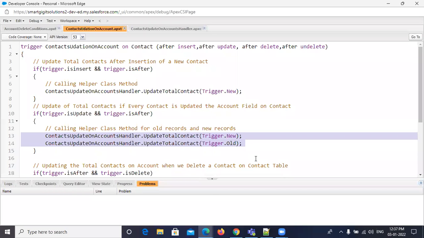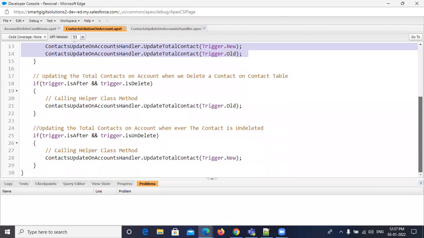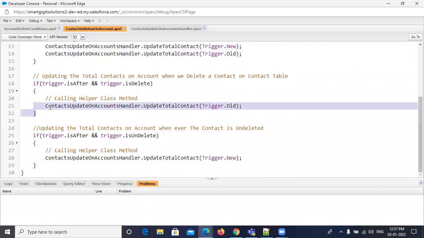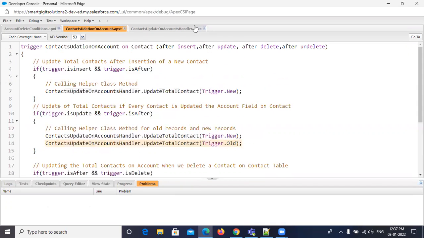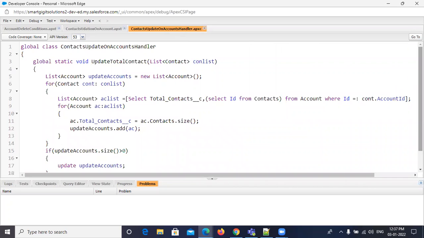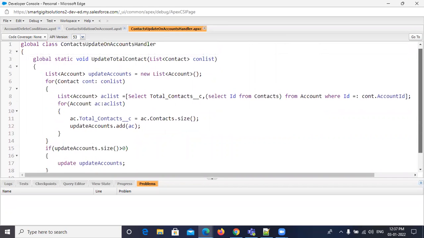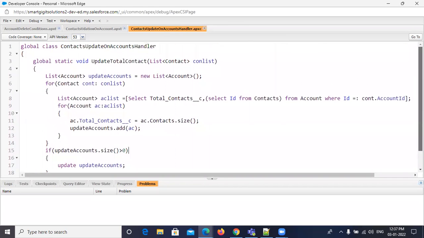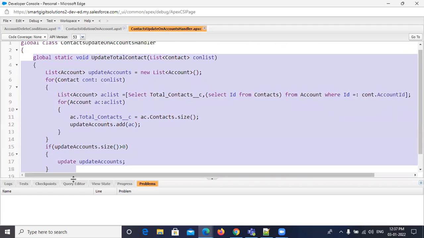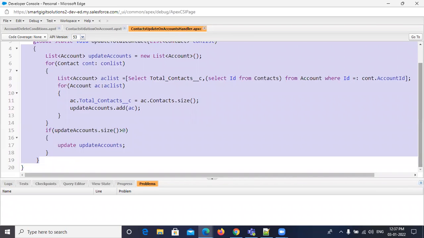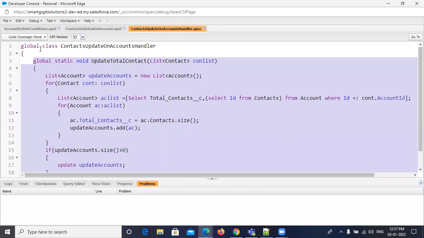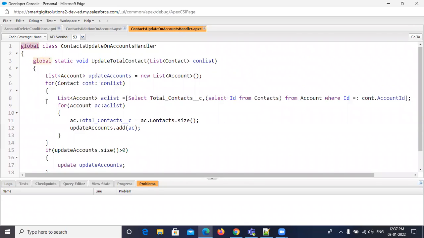Look here, it is the method I was calling when each action is performed. Here I wrote a trigger helper class, contact update on accounts helper, and I am taking only one method, and that takes both method and class global.